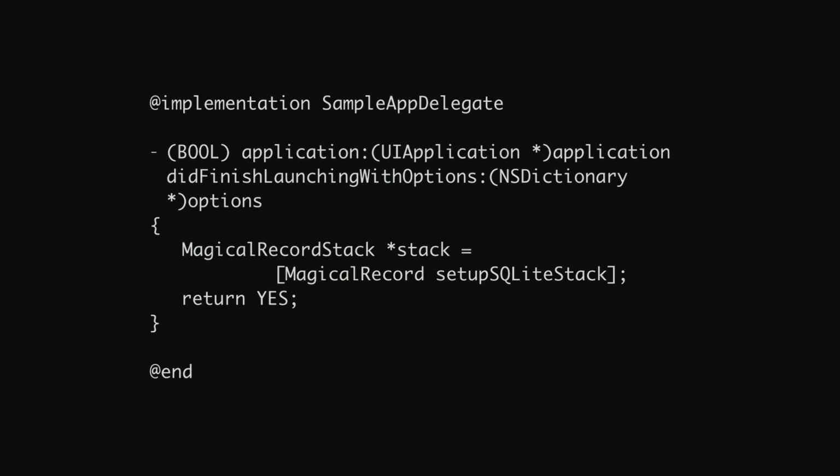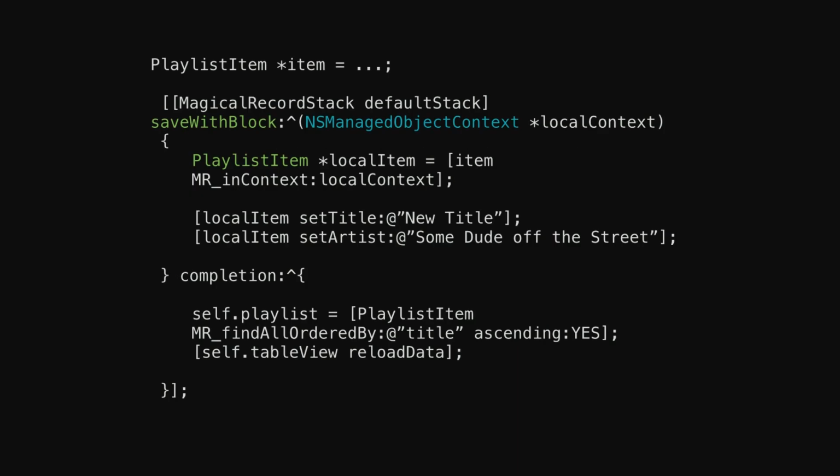We have SQLite stack. We also get a stack object from this method. So we can save this off somewhere if we want to, in our app delegate, if we want to pass it to a view controller, if we want to pass it to something that is using a UI managed document or such, we can just pass it along. So we have a reference to this. What this method does, and all of its variants, is create an instance of a particular stack, set it as the default stack, and then load it up. So it'll go ahead and initialize it right there.